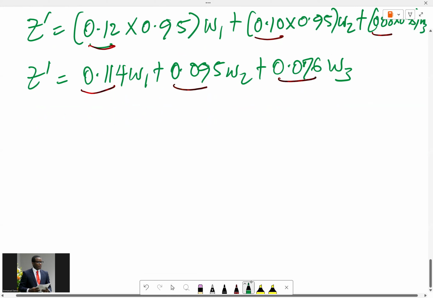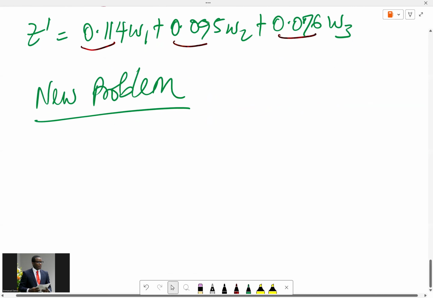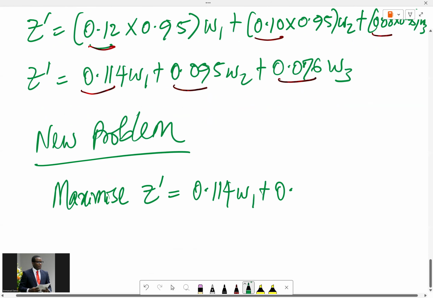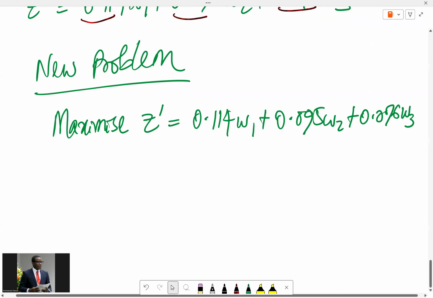We now want to maximize Z prime. I'm calling it Z prime because it's not the same thing again. So 0.114 W1 plus 0.095 W2 plus 0.076 W3 subject to